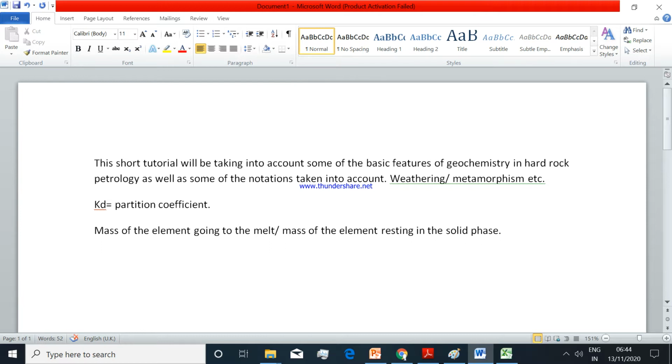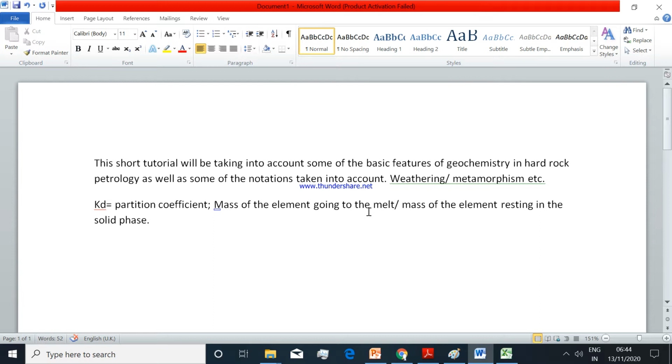So this is very important: depending upon the partition coefficient, the mass of the element going into the melt and the mass of the element in the solid phase, where sometimes the ratio is known as D prime,